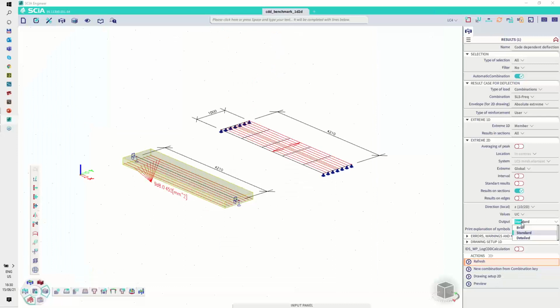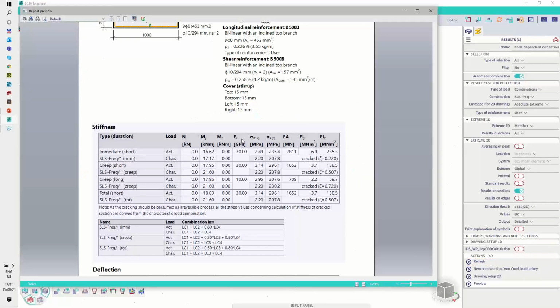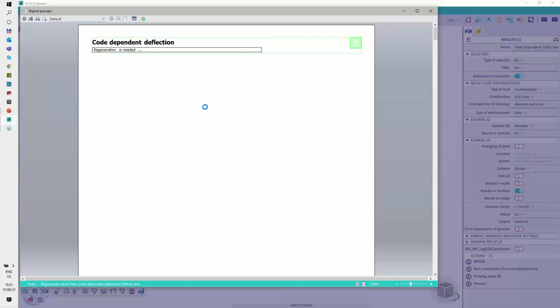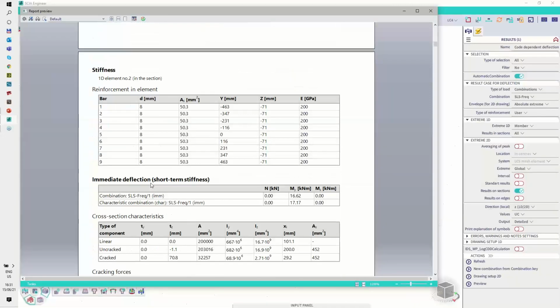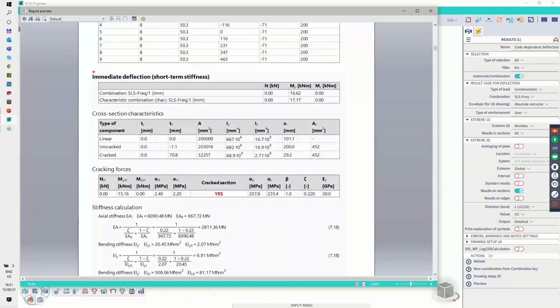If you need more information, like the detailed one, where, for instance, you are looking for cracking forces, you can display the detail output and get more results, like what reinforcement specifically is with the position, and each state, like here, for instance, immediate deflection, is then elaborated in detail. So you can see again the forces, but also the cross-section characteristics for cracked, uncracked, and linear